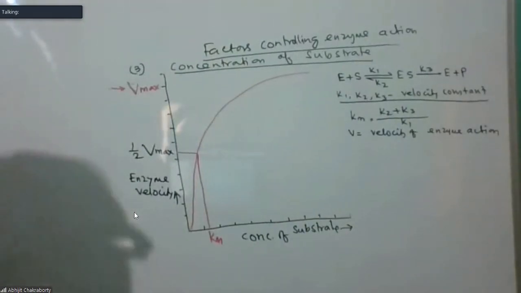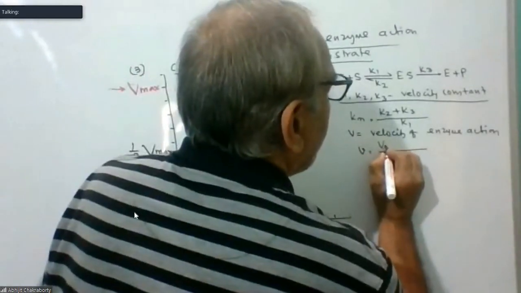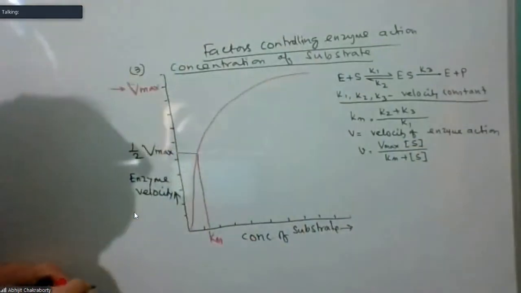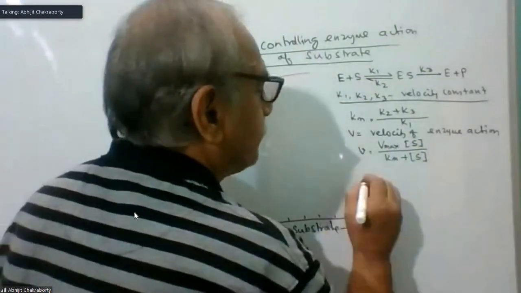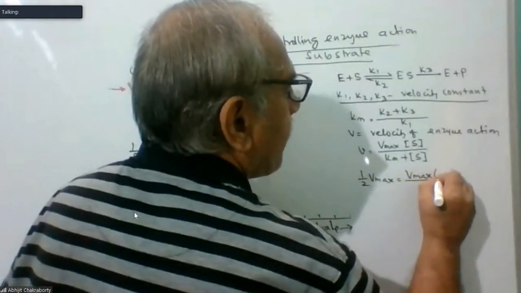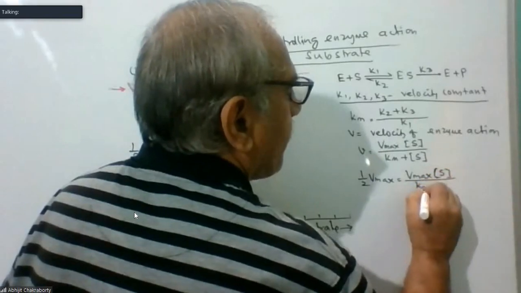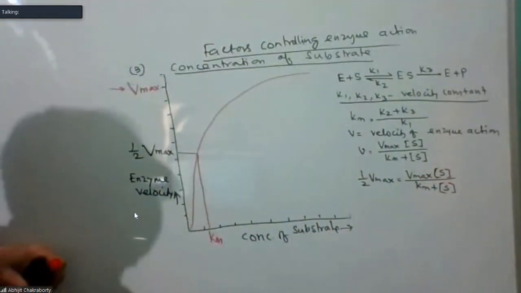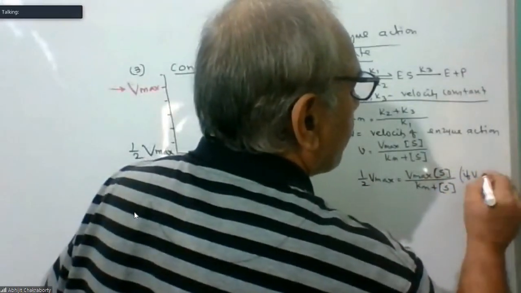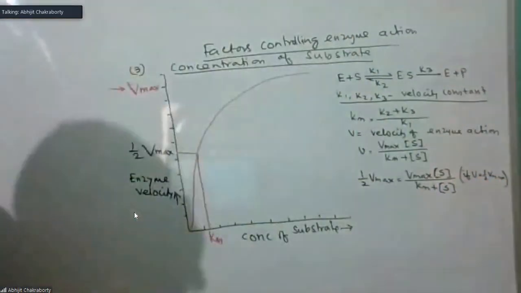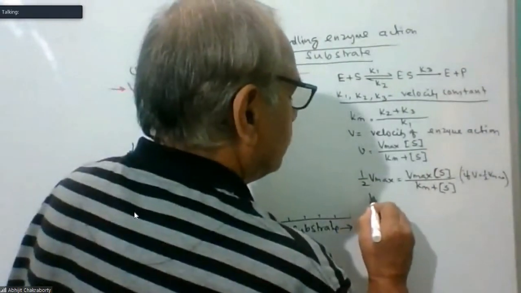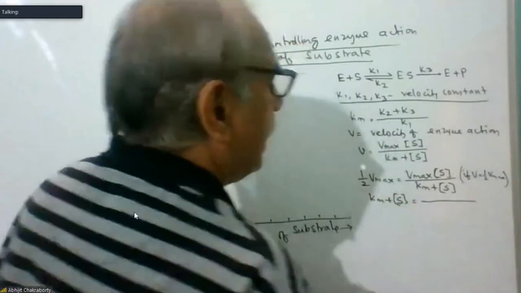The value of V is, if V equals half Vmax, provided half Vmax, Km plus S equal to